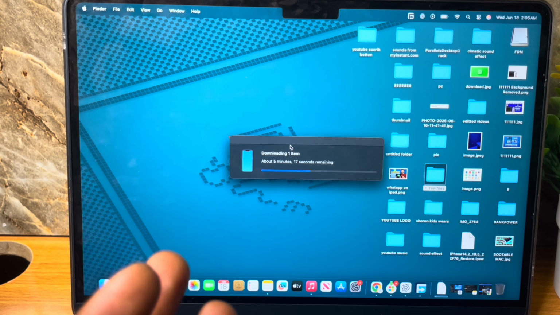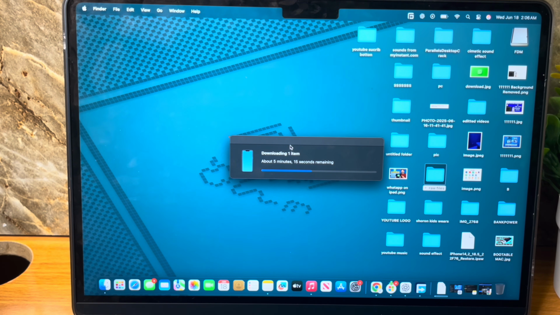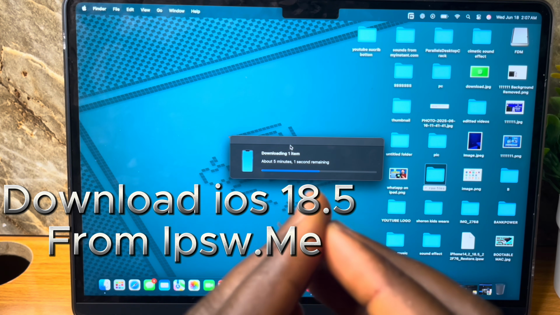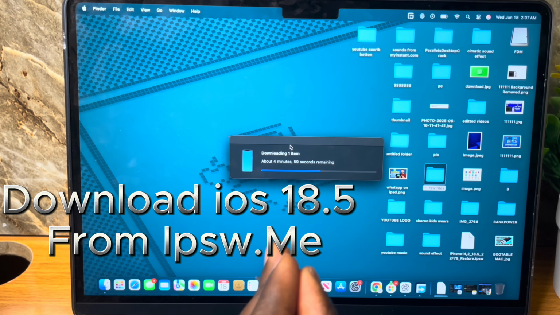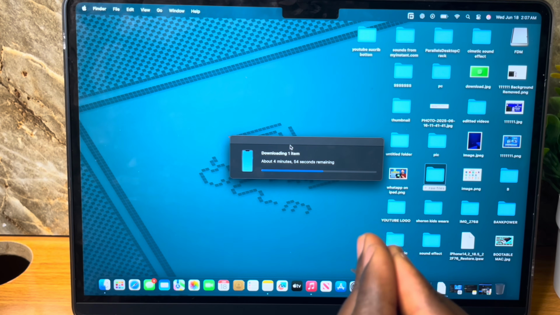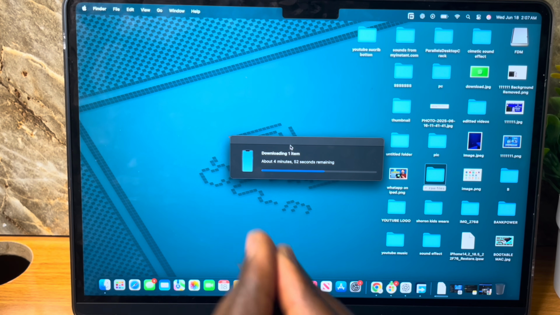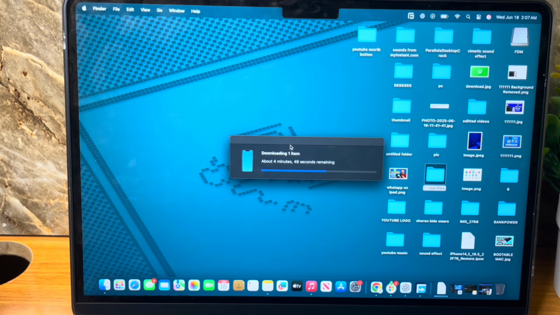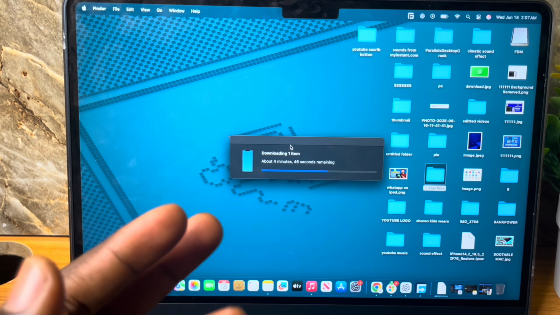So note that before you restore your phone or downgrade your phone back to 18.5, you have to turn on Find My Mac first and foremost. Secondly, you have to download the iOS 18.5 from ipsw.me and download exactly the file for your phone. If you're using a 12 Pro Max, you download for 12 Pro Max. If you're using a 13 Pro, you cannot download a 16 Pro Max 18.5 and install it on a 13 Pro. You have to download a specific file for that particular phone so that you will not have issues. And thirdly,